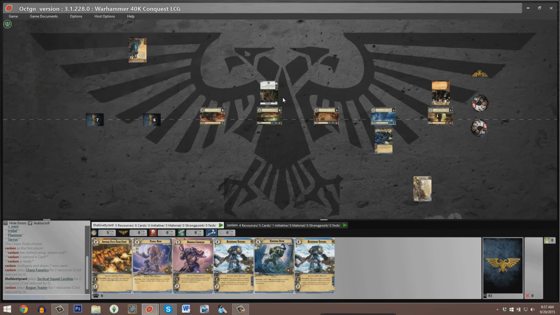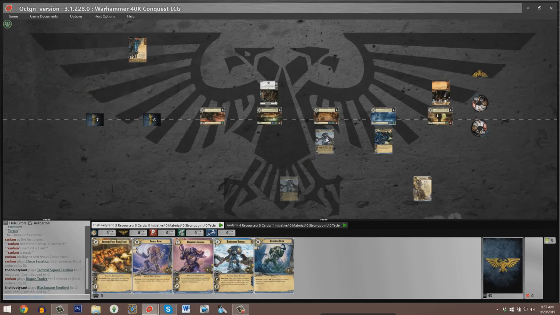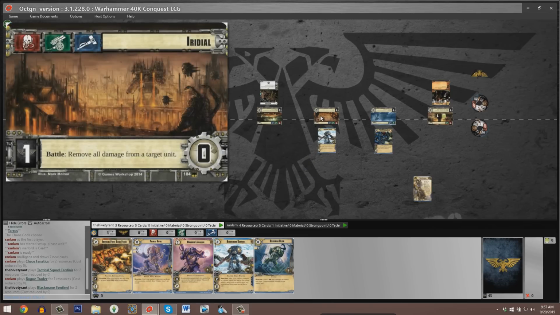I believe both Ranlam and myself are relatively inexperienced players, but that's all the more reason that I would very much encourage and appreciate any and all comments and constructive criticism regarding my play and regarding play on the part of my opponent. I end up putting a Blackmane Sentinel into play at planet number 3, which is Iridial, and this